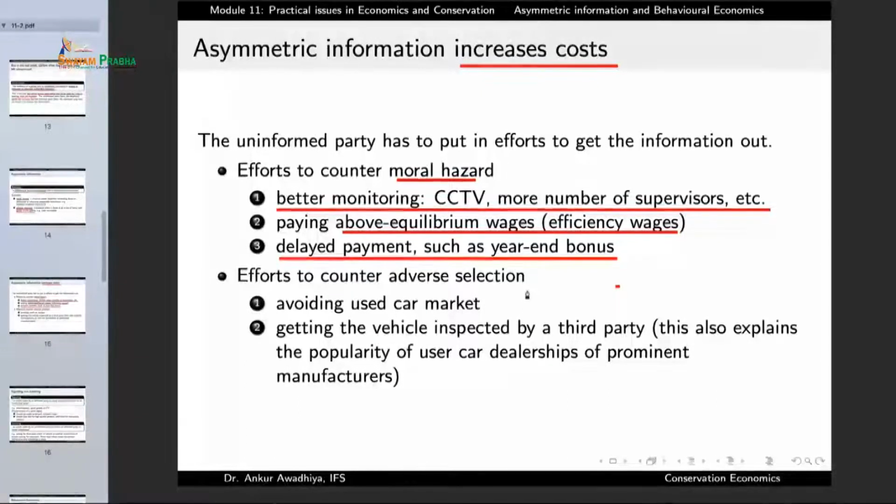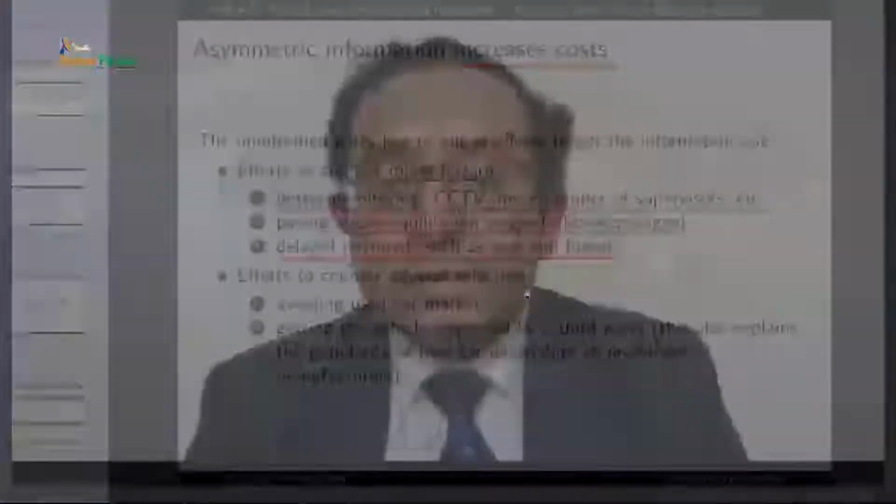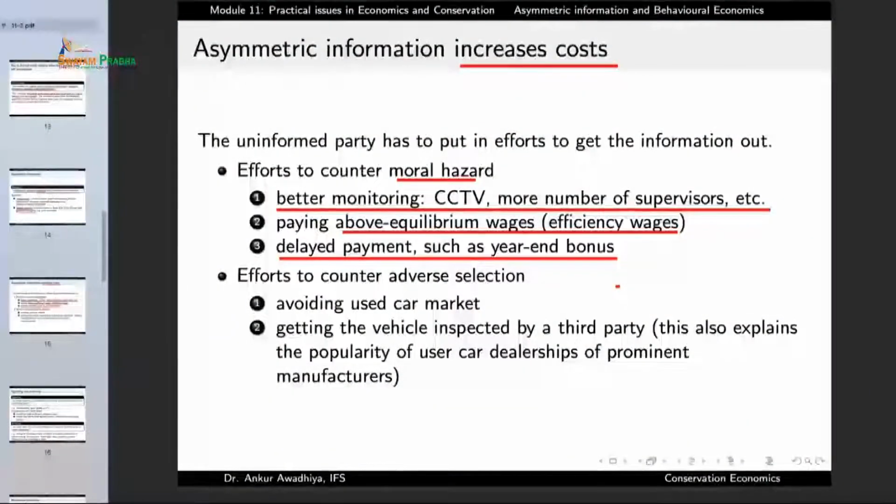Or the owner might say that we will go for a delayed payment, which means that the owner might say, we will give you a year-end bonus. This year-end bonus would ensure that the person has more to lose. If the employee does not work that hard, the employee might not know currently, but at the end of the year, the owner might say, this year you did not work hard, and so I'm not giving you the year-end bonus. These are all ways to counter the problem, but all of these are also increasing the cost, and they are also increasing the complexity.